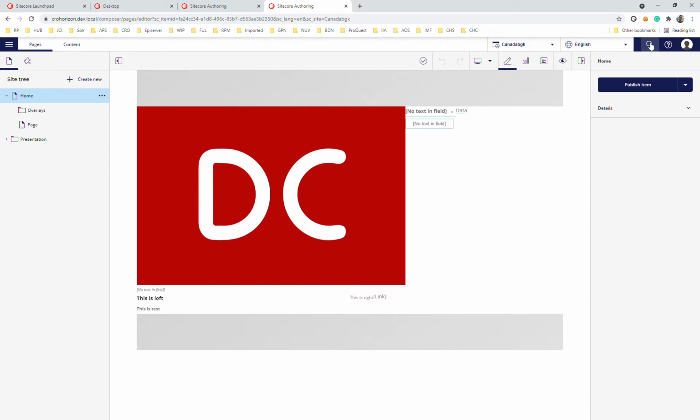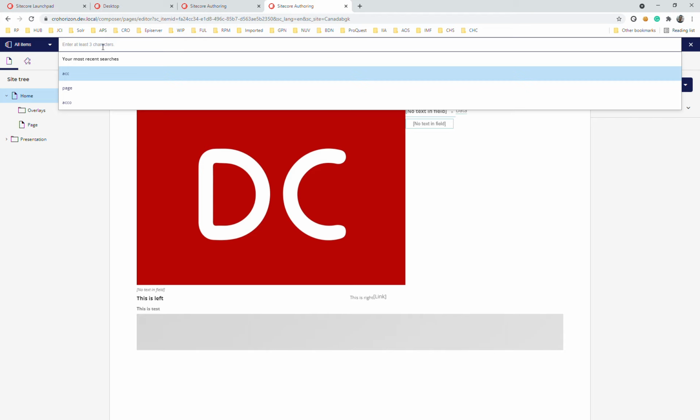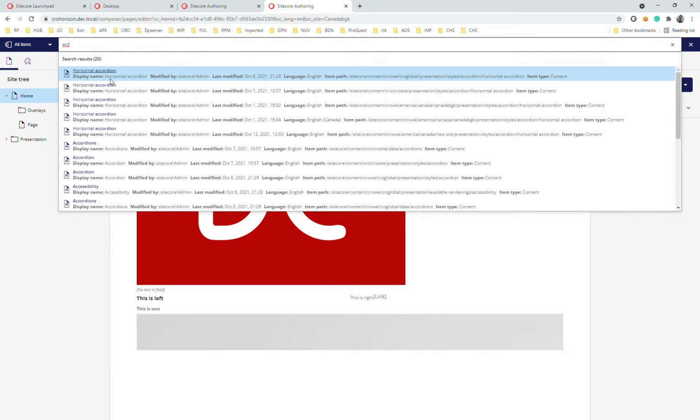When I click here, I can search by typing anything. I can search for pages, content, and media. If I search for accordion, you can see 20 items using the ACC keyword.